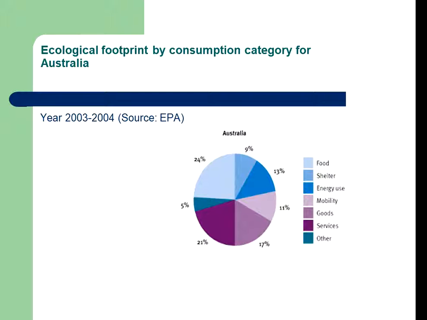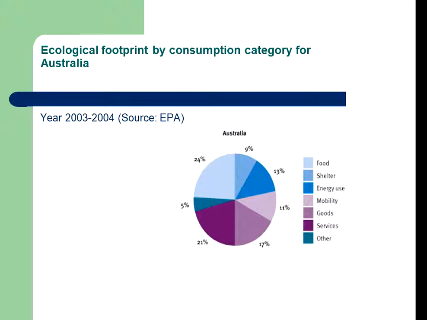Ecological footprint by consumption category for Australia. According to Global Footprint Network statistical sources in Australia, we are consuming more than three times our fair share of the planet's natural resources. On a global scale, Australia has one of the largest environmental footprints per capita in the world, requiring 6.25 global hectares per person. If the rest of the world lived like we do in Australia, we would need regenerative capacity